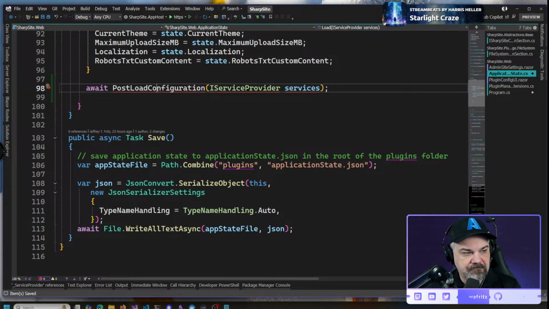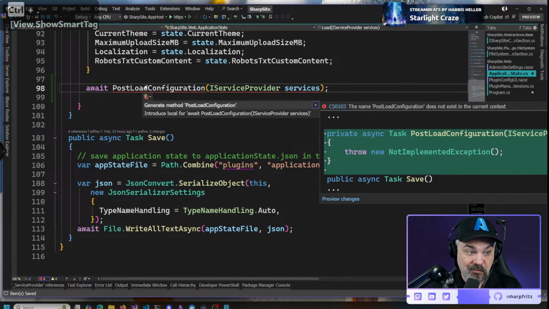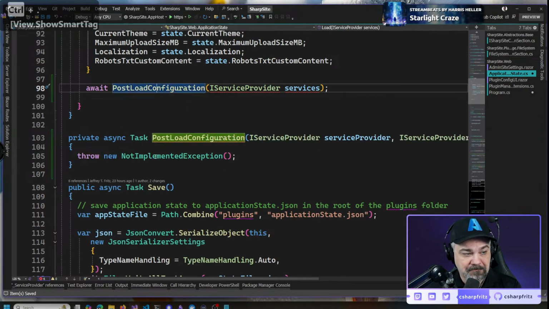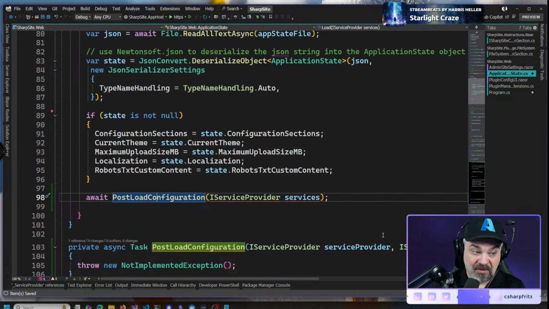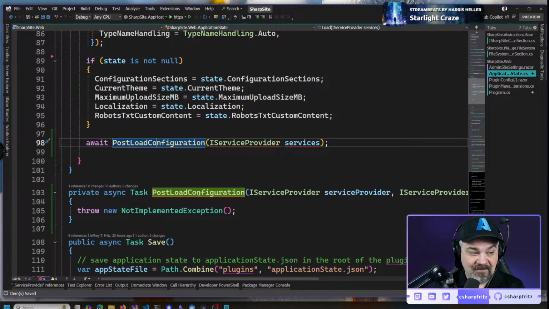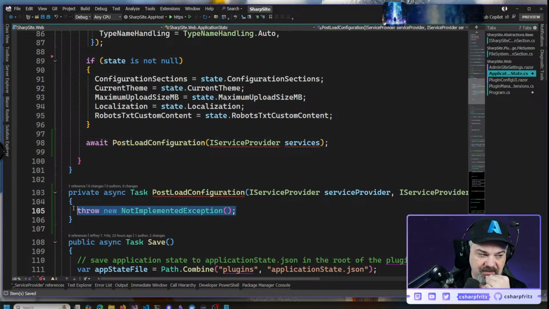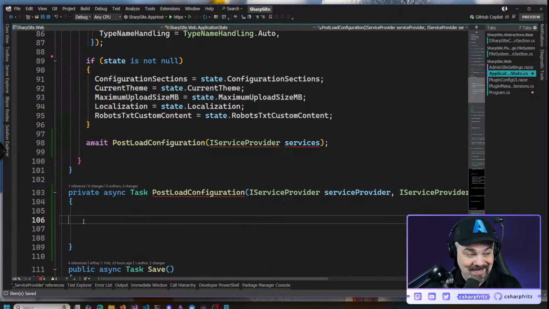My thinking is at some point we're going to want to register things to be configured from plugins that this will loop through and call. Some sort of a directive, some sort of an event handler that we'll be able to call into. But for right now, what I can do,